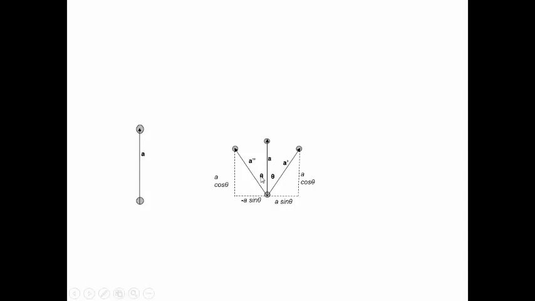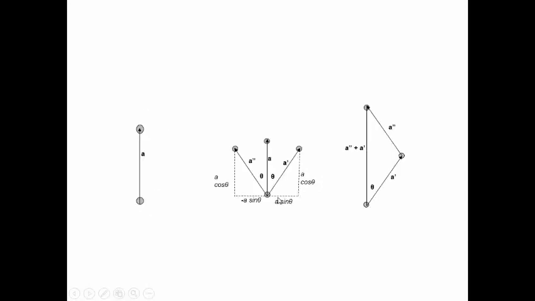Here we have this angle theta, which makes this line A cosine theta. On the other hand, if you look at the opposite side, that is this side along the horizontal, we see that A prime has a component along A sine theta, and B prime has a component along minus A sine theta. If we add these two together, we can add the individual components,